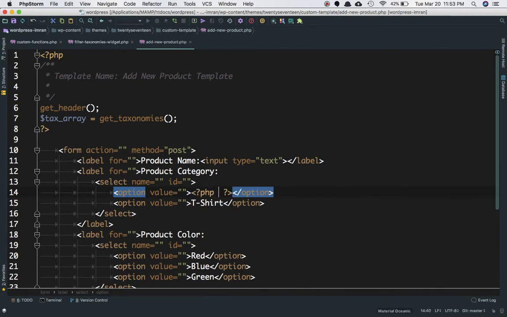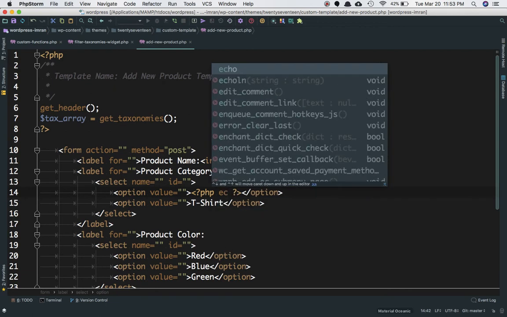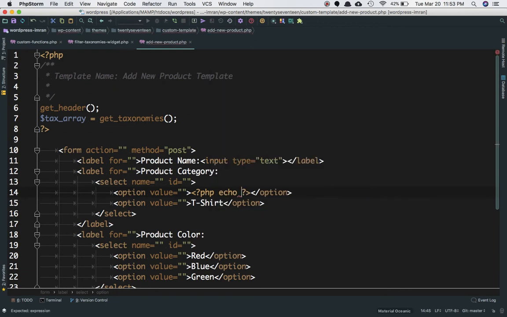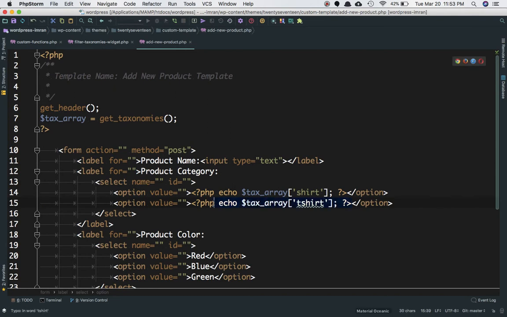PHP echo tax array, and then it's the shirt. Similarly for t-shirt, we can say t-shirt, and similarly for color,